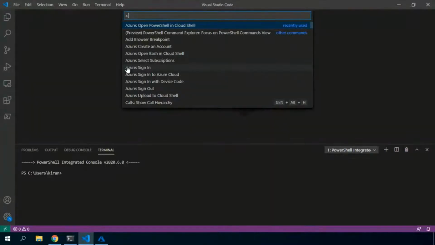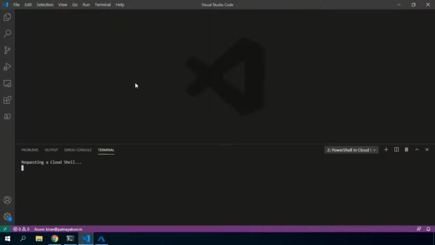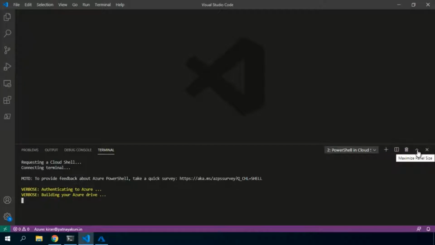Since I've been using it, it is there right in front of me in the list. Otherwise, just type Cloud Shell, then select Open PowerShell in Cloud Shell. Right. So once you are authenticated, since I've already authenticated, it is not asking me to log in. Otherwise, it will ask you to authenticate. See, this is my Cloud Shell.